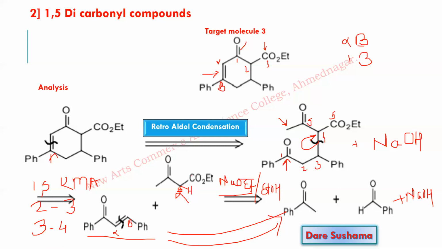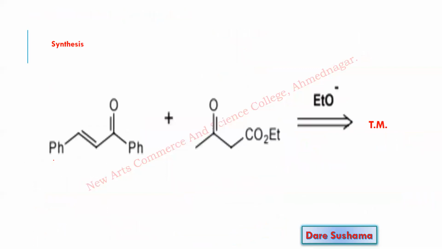So Michael adduct product is this one. Now this is the Michael adduct product. After this, again you have to treat it with sodium hydroxide. Then again one more aldol condensation reaction. Sodium hydroxide, this hydrogen is abstracted by the base and then attacks this carbonyl group. And after dehydration, you get a double bond over here. So complete the synthesis of this.